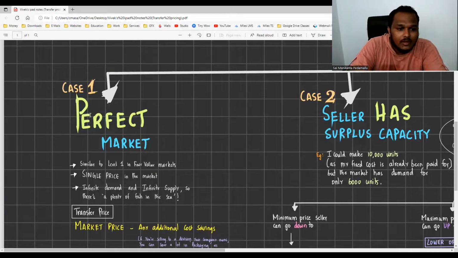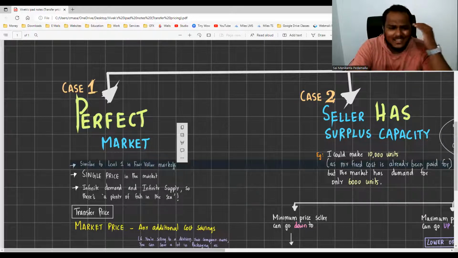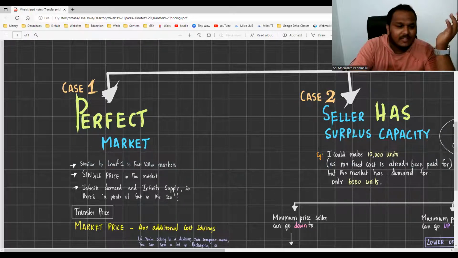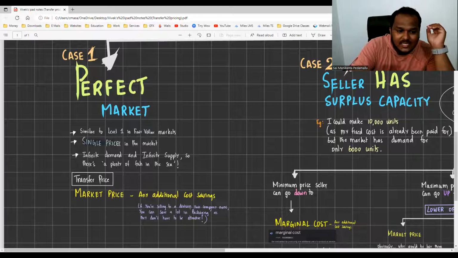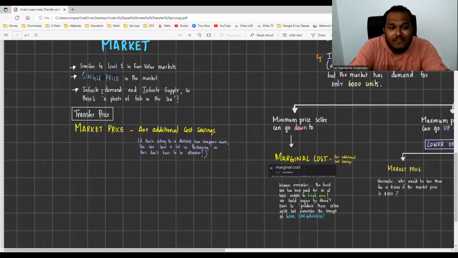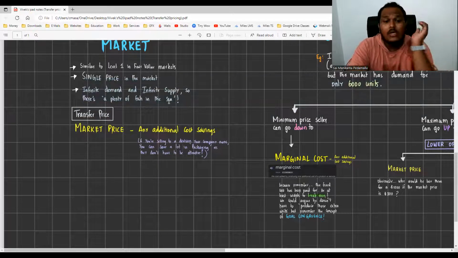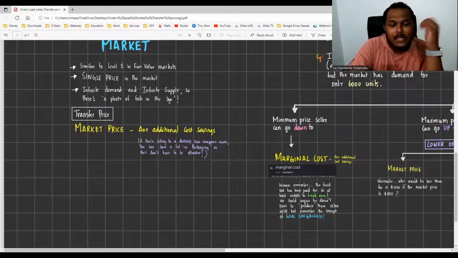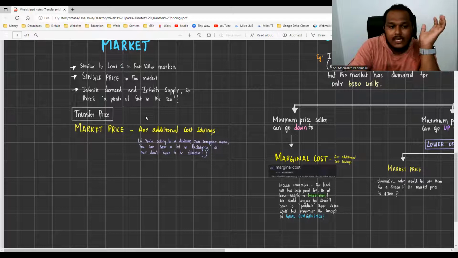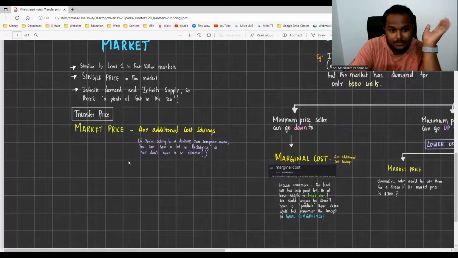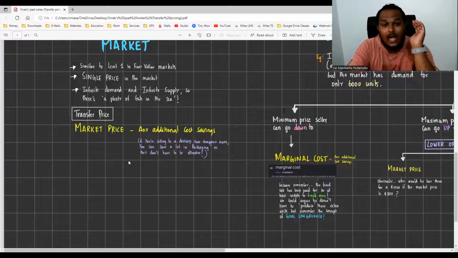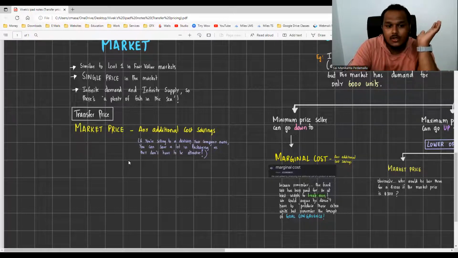See, in the case of a perfect market, level 1 in fair value markets, like connecting with IFRS 13 fair valuation, there will be a single price in the market, infinite demand and infinite supply. There are plenty of fish in the sea. No matter how much you supply, there is demand for that. So in that case, the transfer price would be fixed at the market price. Means the seller is like, I will sell only at the market price. But